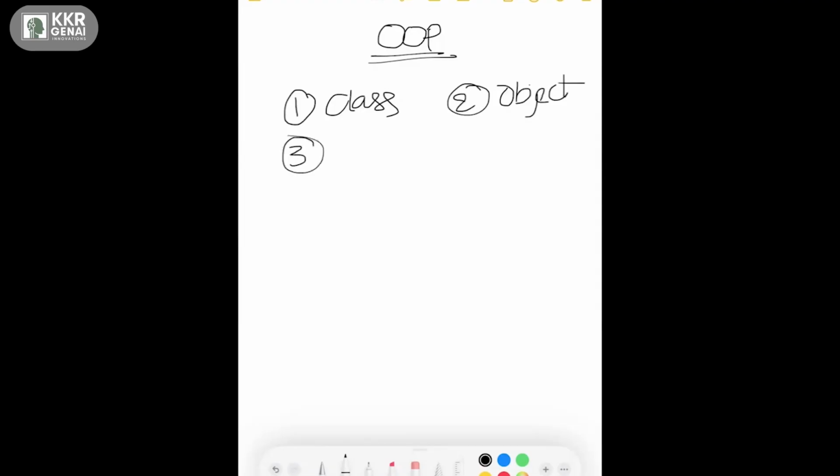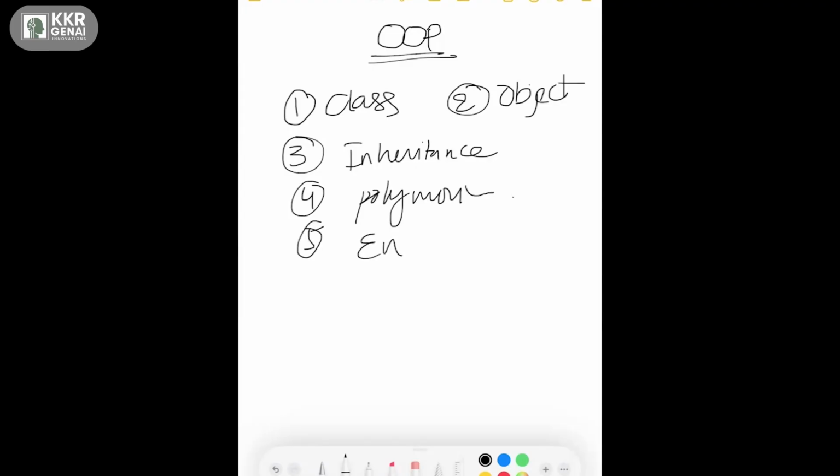The third thing would be inheritance, polymorphism. Anything else? Encapsulation and abstraction. So all these come into our mind.